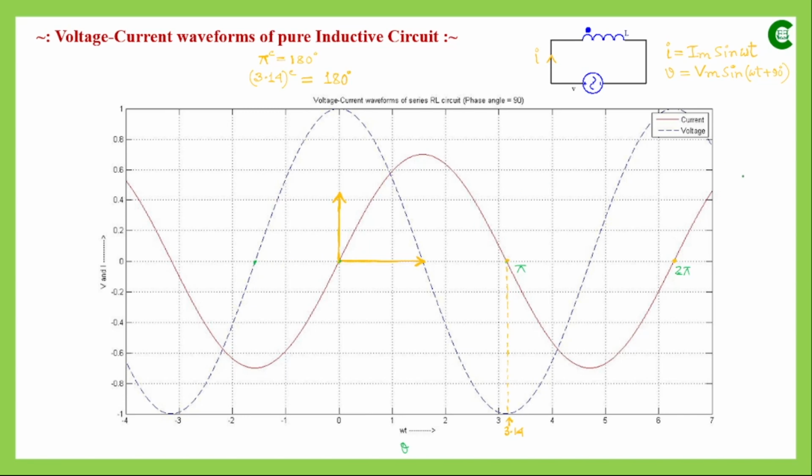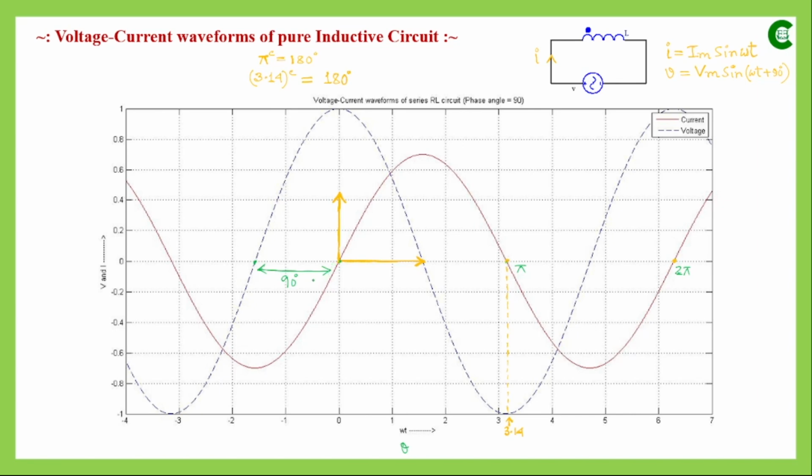Now as we have seen, the phase difference between voltage and current is 90 degree. So this gap is actually 90 degree, and that is the phase difference between current and voltage. This is the measurement of positive phase difference. We can also think this way: the current is starting at this point, but before the current the voltage has started, and this gap is 90 degree,